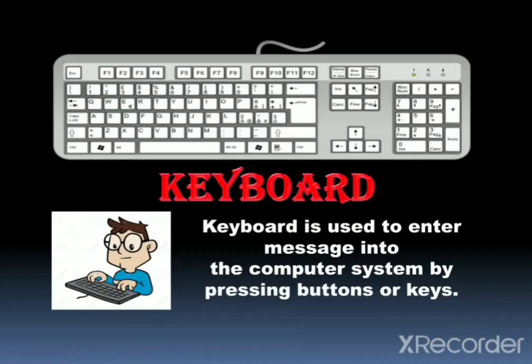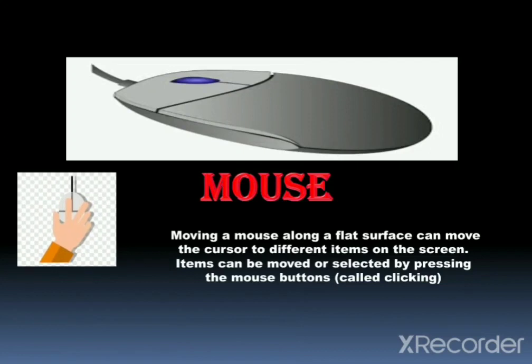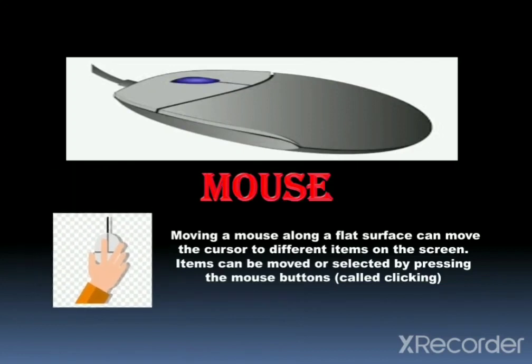Children, there are different types of keys on the keyboard, like alphabet keys, numeric keys, function keys, arrow keys, command keys, etc. Keyboard is clear to everyone? Now, next one is mouse. Mouse is another popular input device used with computer. A mouse moves the arrow on the screen and it allows you to click the options and find out the things that help you to get information.